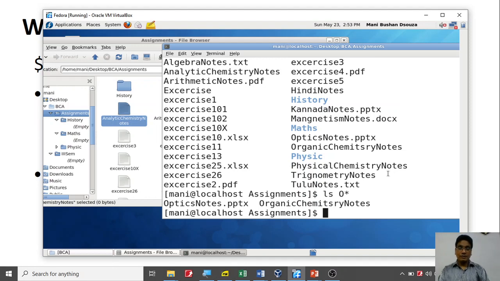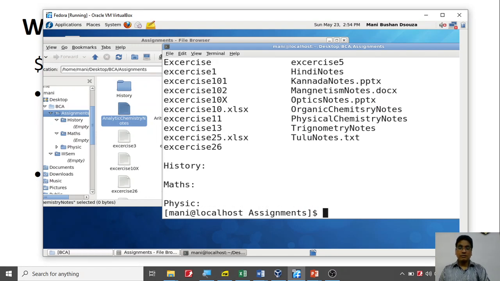Now what if I want to know which files are starting with something, where I don't know the character, but in between there is an S, and it can be anything? What is the meaning? In between there must be an S, anything that has an S inside. How many of them will be displayed?